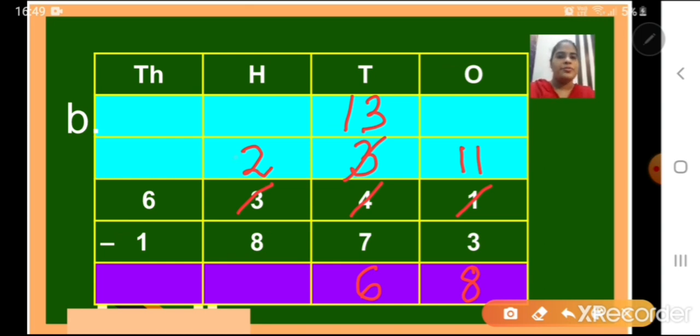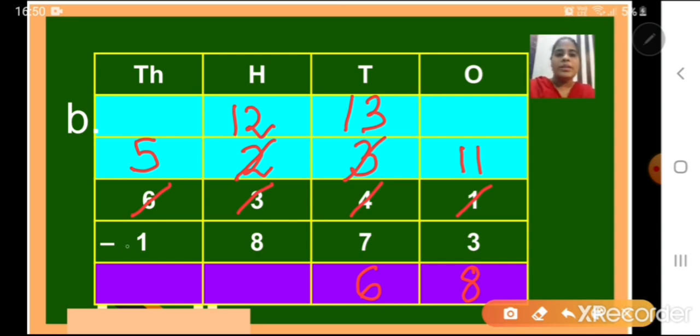So we have to borrow from thousands place. In thousands place we have 6,000. Cancel 6. 6 will give 1,000. Okay. So 6 minus 1 is 5. First I will write here 5. And then what I will get? 10 hundreds. 10 plus 2 is children 12. That is why we cancel 2 and we will write here 12. Or write 1 in front of the number.